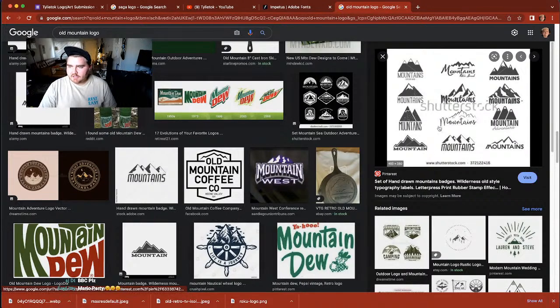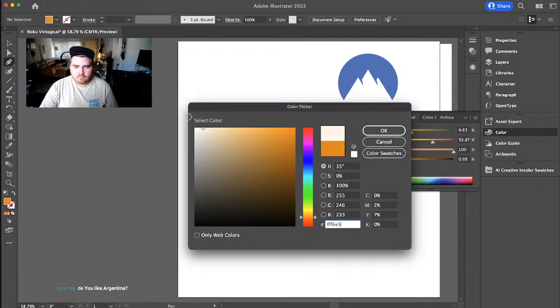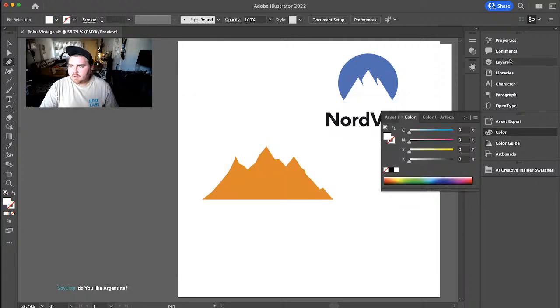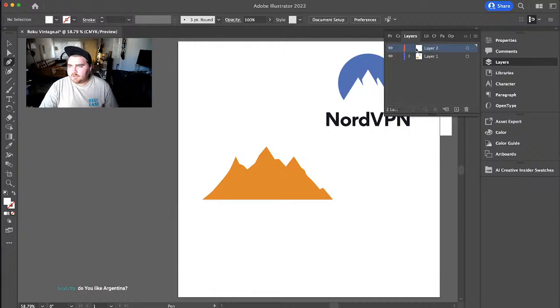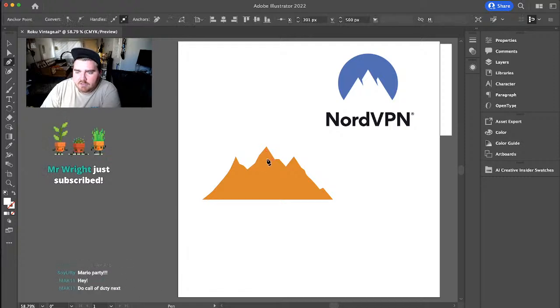I think it could be cool to have these snowy peaks all on one side. So it looks like basically they come down from the top to wherever the next one meets. So let's go ahead and go back and try to do that. And take a new layer, and I'm going to lock this layer so we can't do it. Okay, so it looks like they kind of just